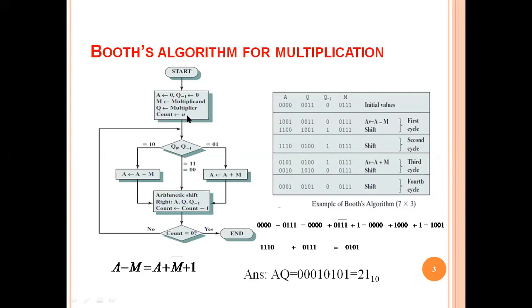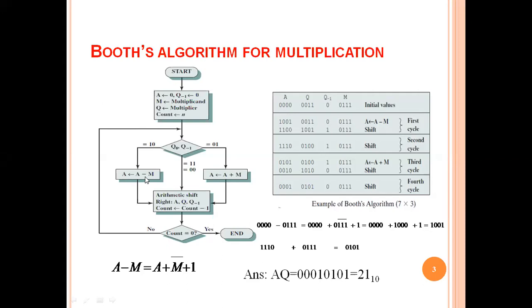After that, we'll go here and check the values of Q0 and Q minus 1. What is the Q0 value here? This is the Q0 value, this is 1, the last value. Q0 means the last value, the rightmost bit. So the rightmost bit is 1, and Q minus 1 is 0. So the value is 1, 0. Clear? So what will happen?